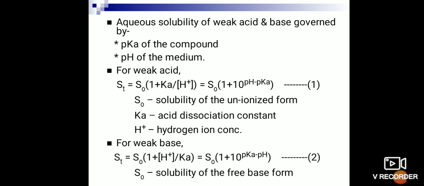As we compare both equations for weak acid and weak base, the Ka and H plus are interchanged, right? So the solubility of weak acid and weak base is important to calculate during the manufacturing of